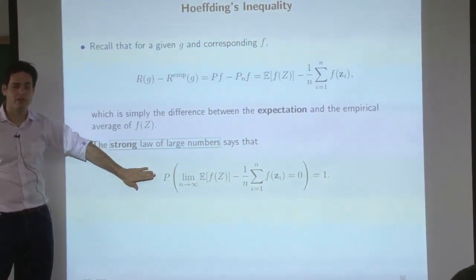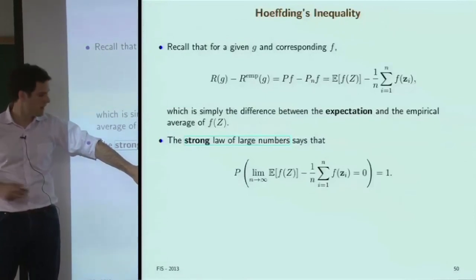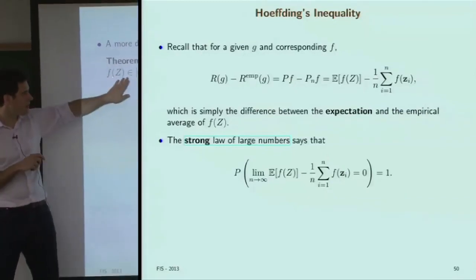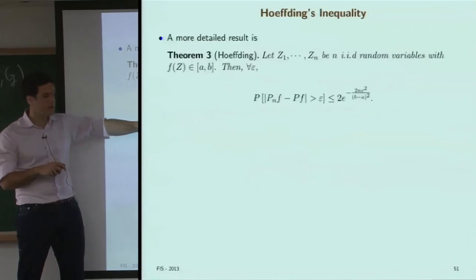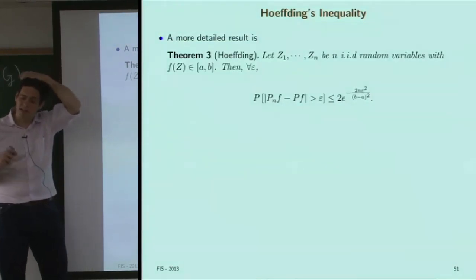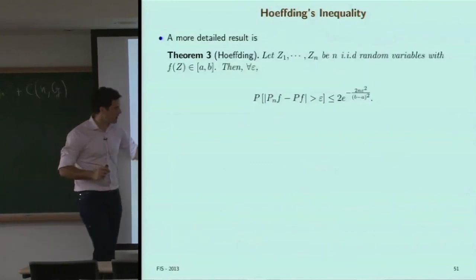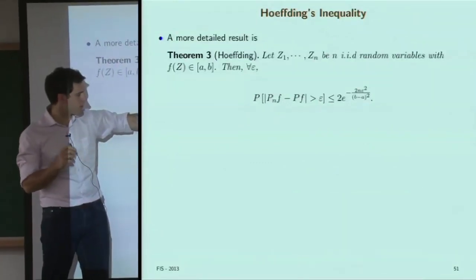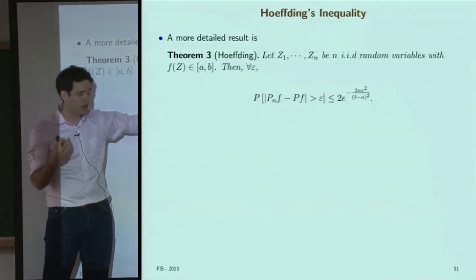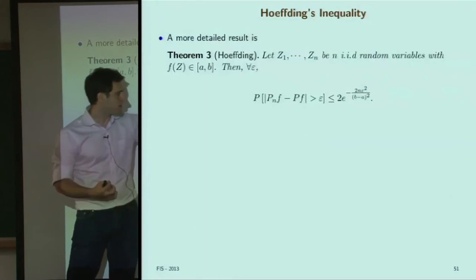So compare this with this. Those are two completely different results. This is just a limit. It's completely useless. It doesn't tell you how fast this converges to this. Okay? If you assume now that this is valid, you get Hoeffding's theorem. So this Hoeffding's theorem will be the building block to start proving some of the bounds that I've mentioned. But just before I leave you, I really want you to look carefully at this. This is saying that the probability that the difference between the real expectation and what you compute using finite samples is bigger than epsilon